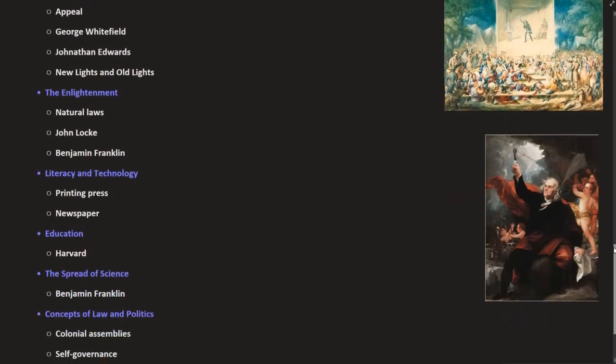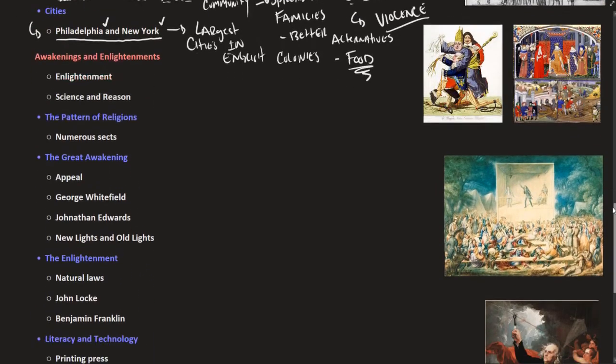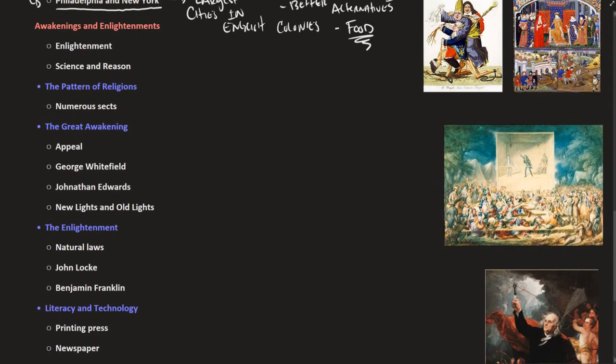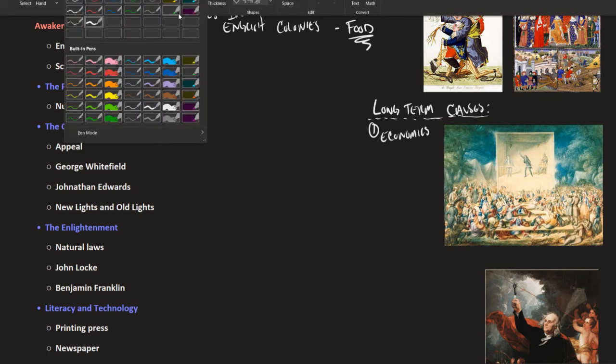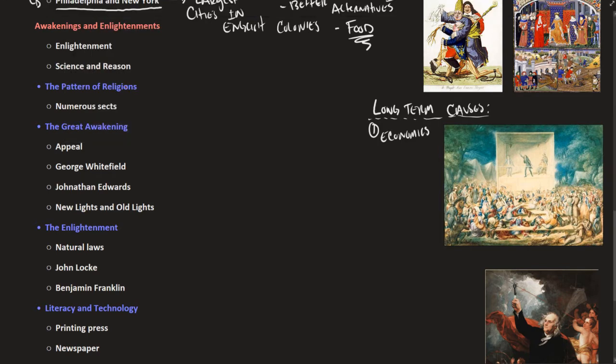Okay, let's go ahead and get to the last part of chapter 3, and that is talking about these other long-term causes of the American Revolution. We already identified one: economics, namely the Navigation Acts. The fact that Great Britain is telling who the colonies can and cannot trade with doesn't sit well with most